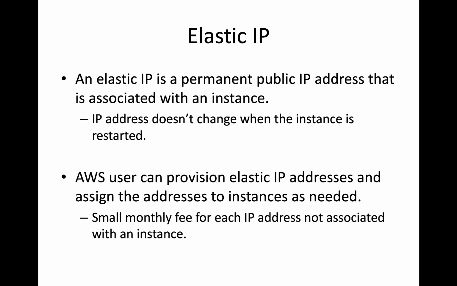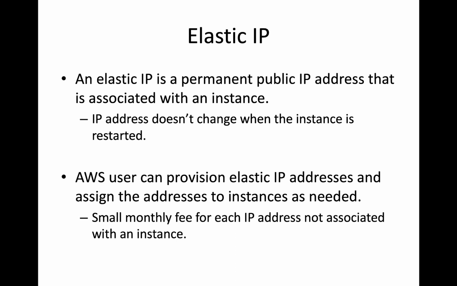And if you were to stop or restart the EC2 instance, its elastic IP address would not change. It would stay the same forever. And there's sort of a two-step process with doing this. The first is you would provision a new elastic IP address,